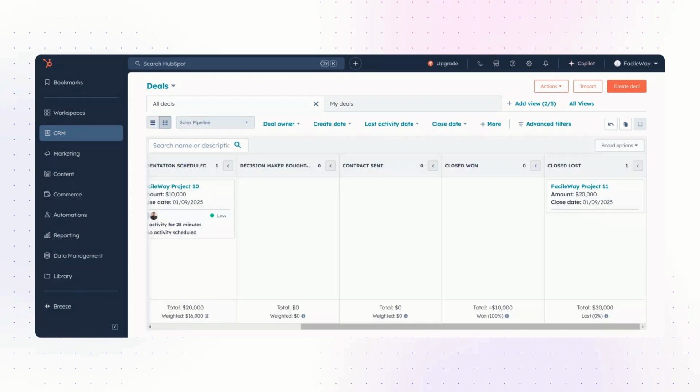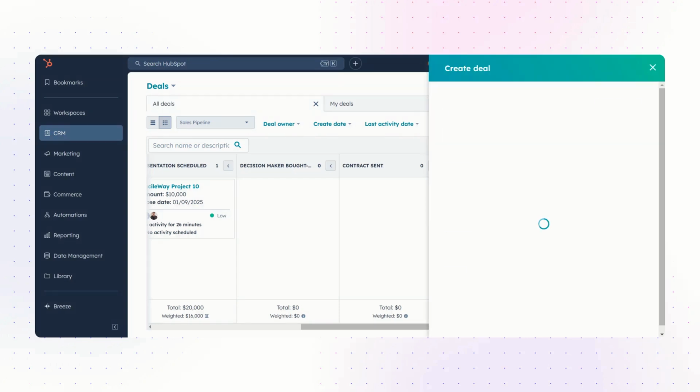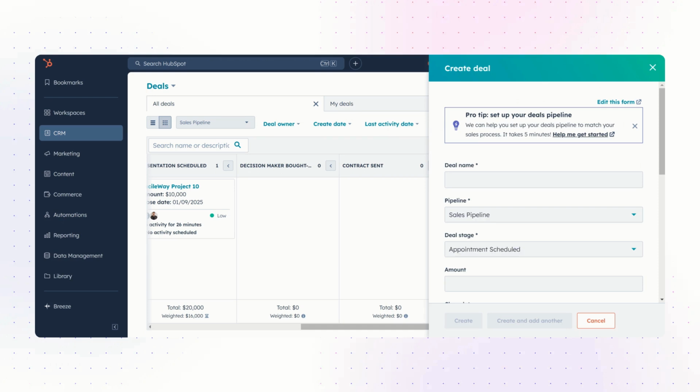In the deals section, click on the Create Deal button, usually located at the top right of the screen. A pop-up form will appear. Here you will need to enter some important information about the deal, such as the deal name, a brief title of the deal, like ABC Corp software packages. The pipeline: select which pipeline this deal belongs to, as it allows you to create multiple pipelines for different products, services, or teams. Then the deal stage: choose the current stage of the deal in your pipeline, like appointment scheduled, proposal sent, buyer on board, buyer agreed to buy, these kinds of things.